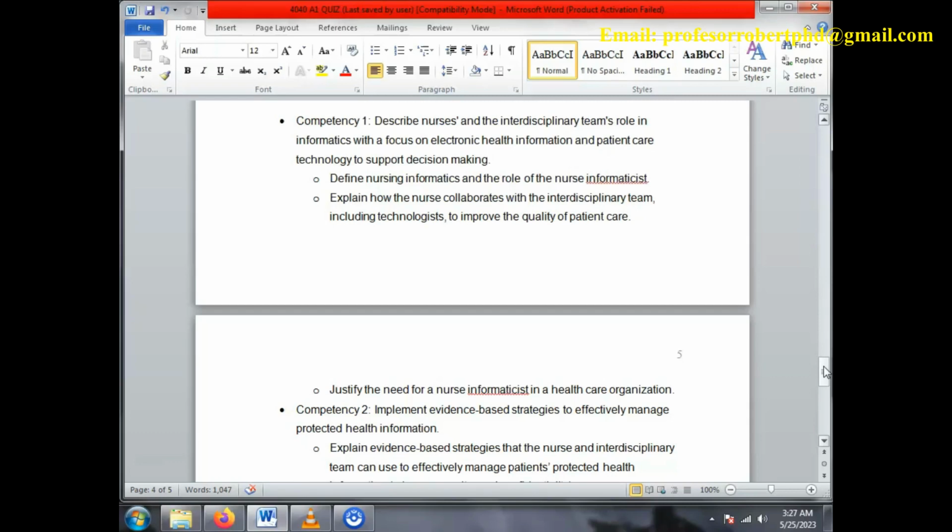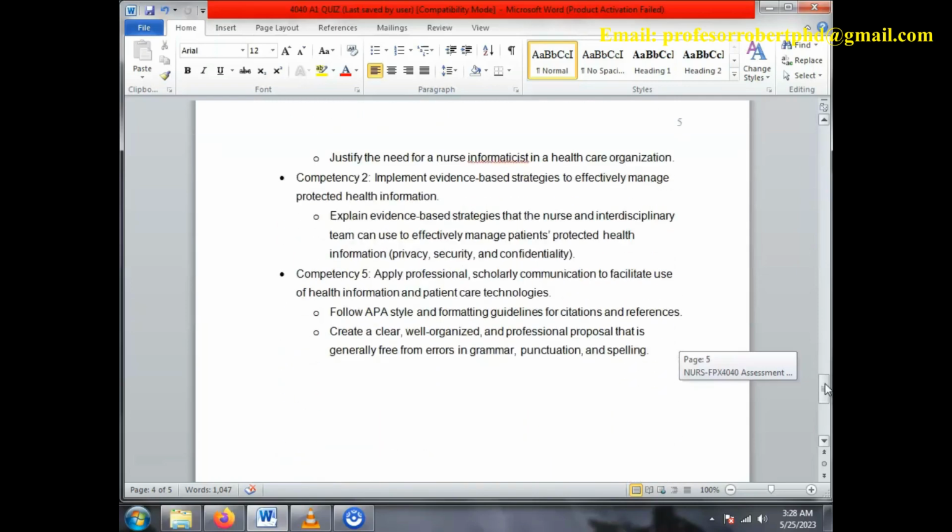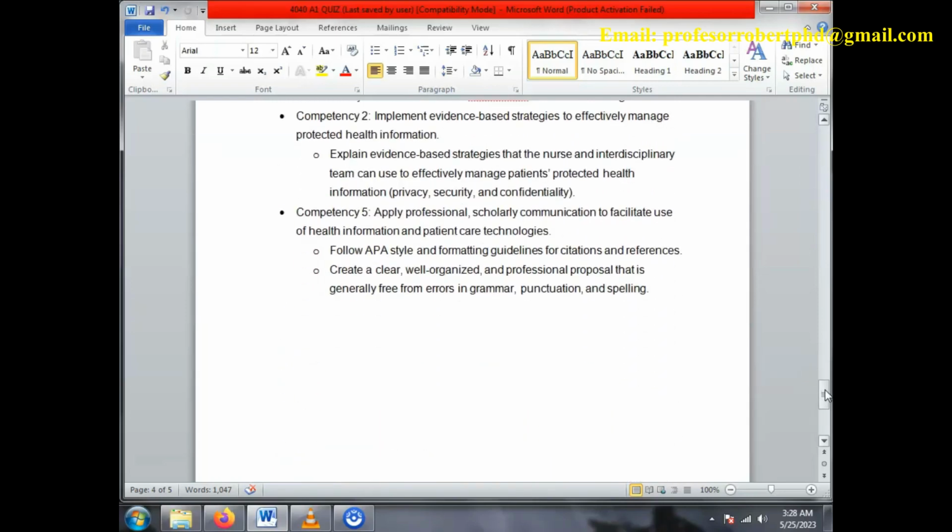Define nursing informatics and the role of the nurse informaticist. Explain how the nurse collaborates with the interdisciplinary team, including technologists, to improve the quality of patient care. Justify the need for a nurse informaticist in a healthcare organization. Competency 2. Implement evidence-based strategies to effectively manage protected health information. Explain evidence-based strategies that the nurse and interdisciplinary team can use to effectively manage patients' protected health information, privacy, security,